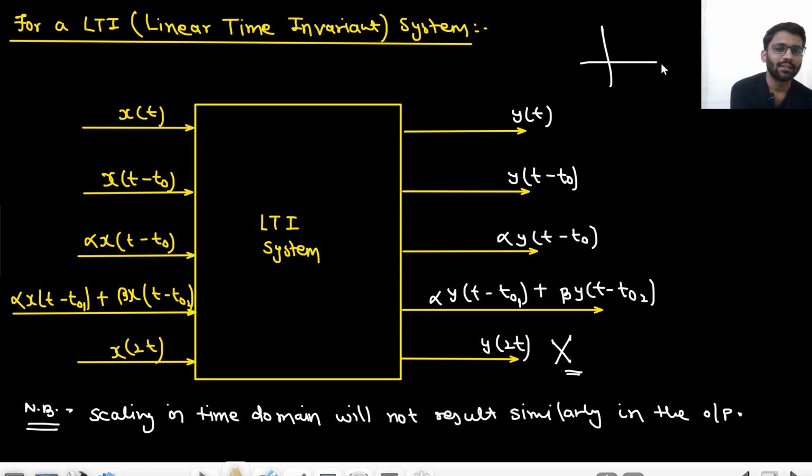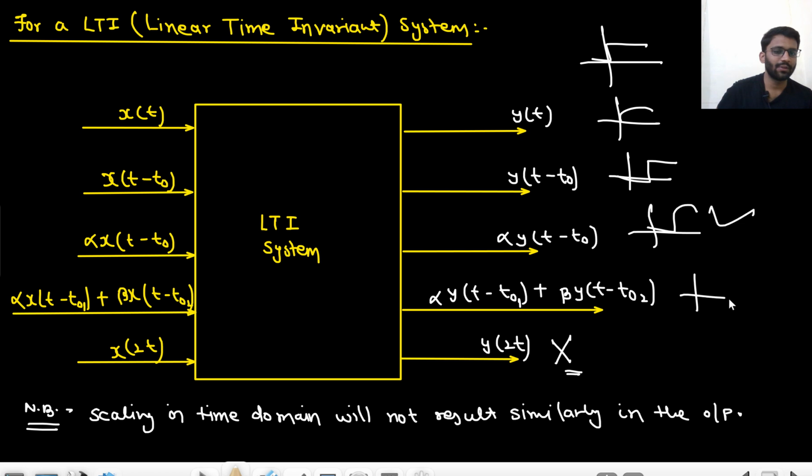This is my input and I am getting an output like this. Now I shift my signal, so my output will be shifted. Yes, that's right. But if my input is something like this, from 2 to 4, and my output is something like this, from 2 to 4, and now I make the input span 1 to 2, the same signal, just with a scaling in the time domain,